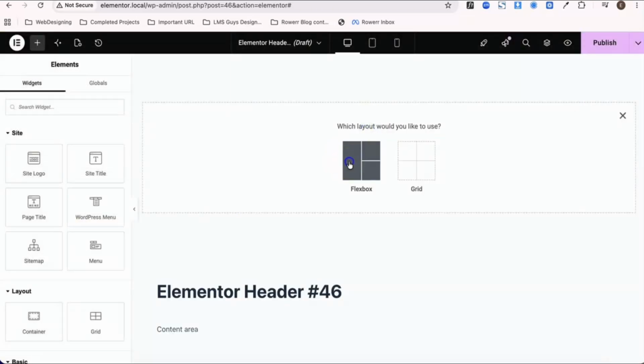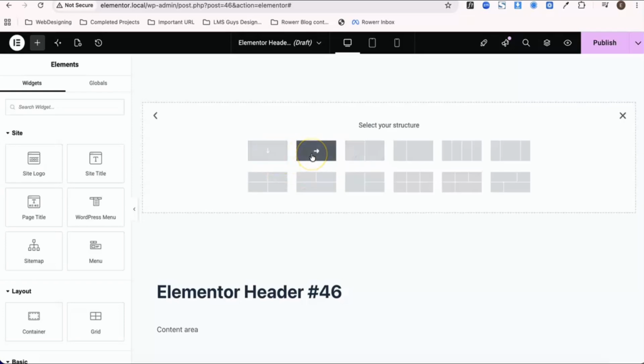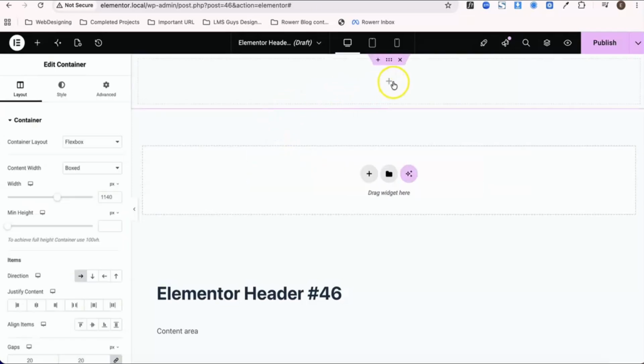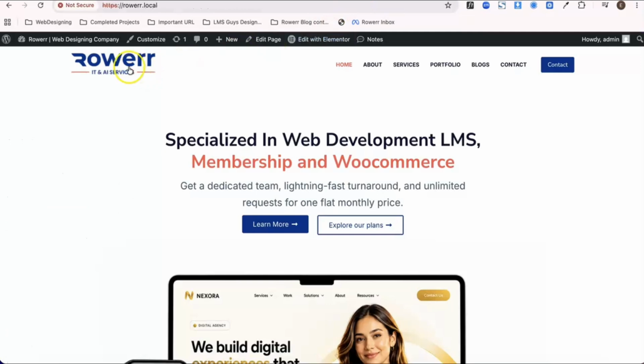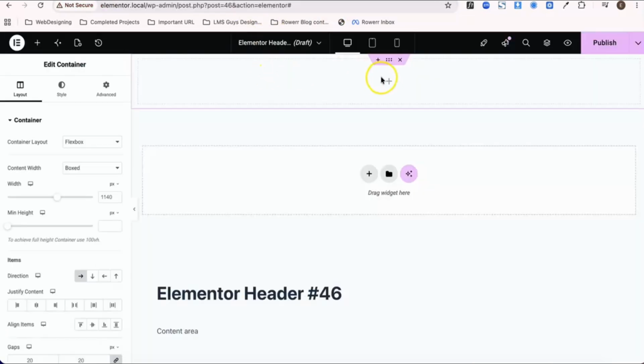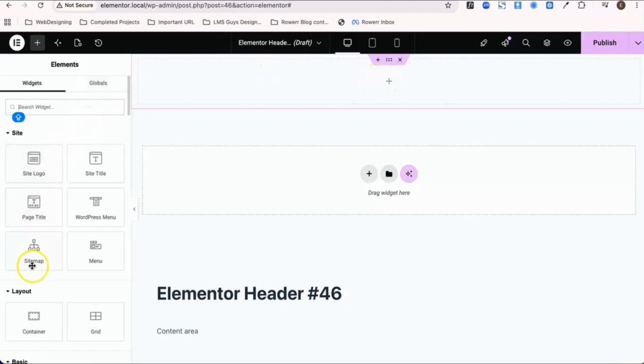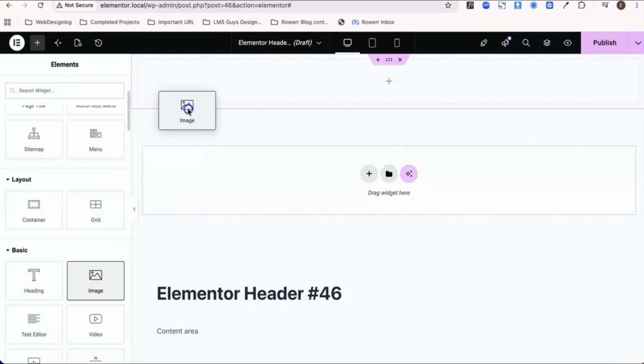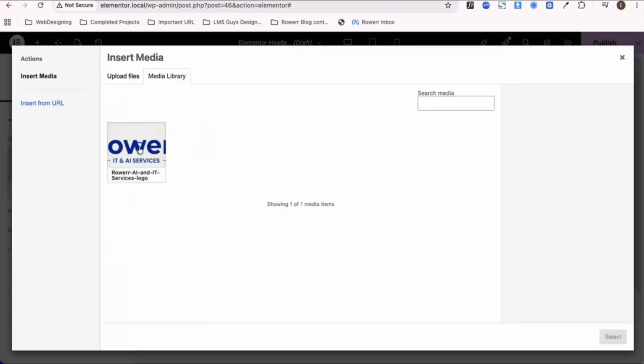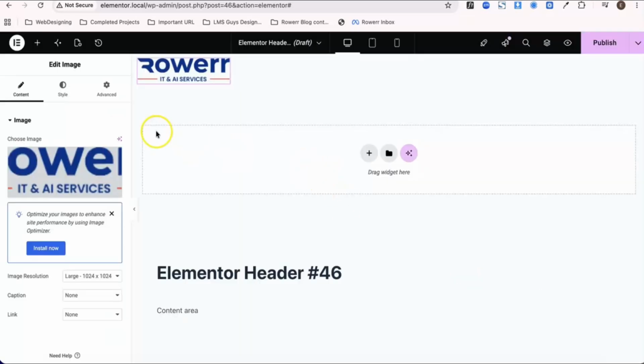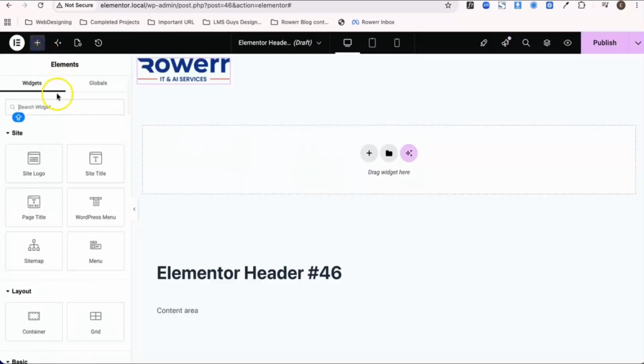From here I'll select this main container. And now what we need is a logo, menu, and the contact button. So I'll click here, add the image, and I'll add the logo here. You can see. Now next I'll go to the plus icon and menu,